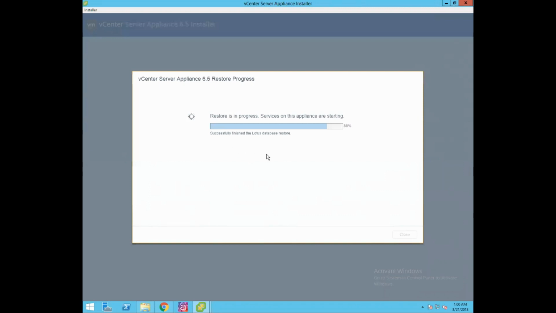It has successfully finished the database restore, setting up the file permissions for the user group.